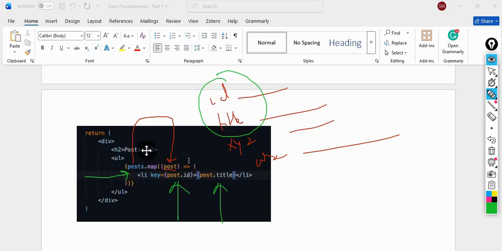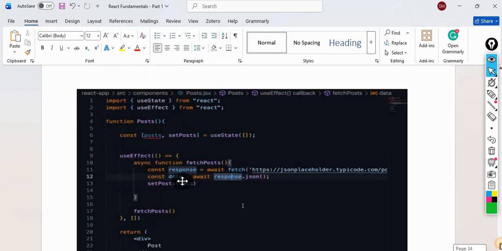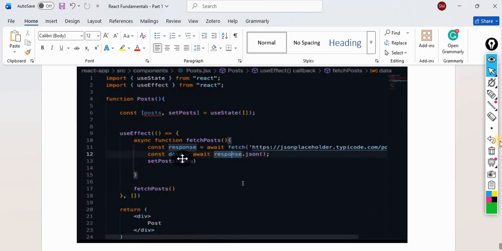I hope it is clear to you. So when this useEffect will start happening, it will happen during the initial state when your application runs.